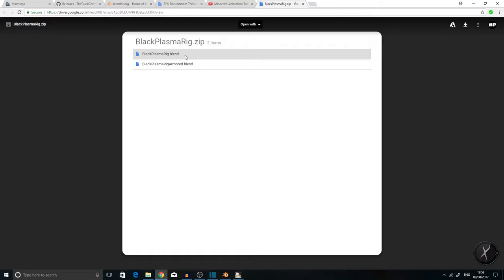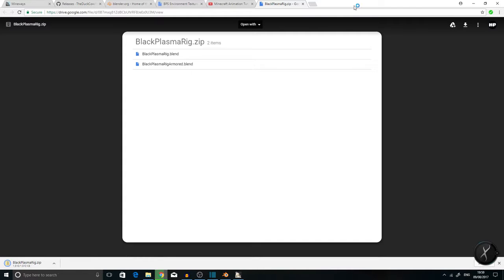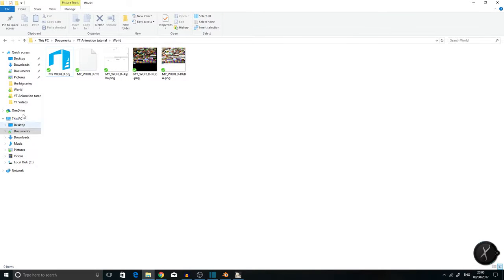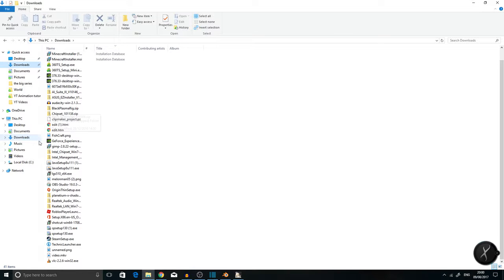So here is their rig. I use this rig, it is really good. So don't use the armor one unless you really want armor, but I'm just going to use the normal one. So just download it. Wait, I've already got it downloaded. Wow. Silly me. I might as well use this, but after downloading it,